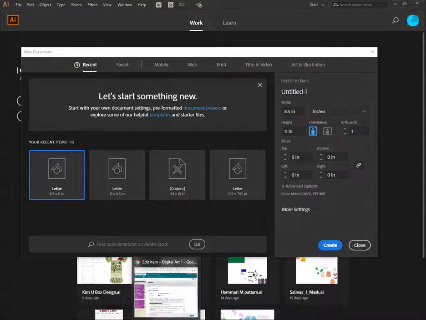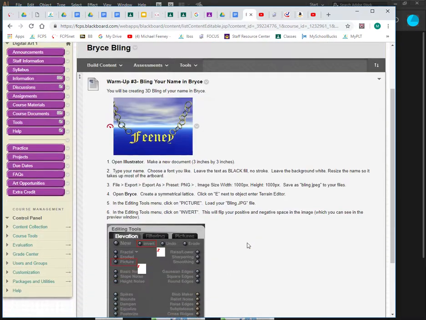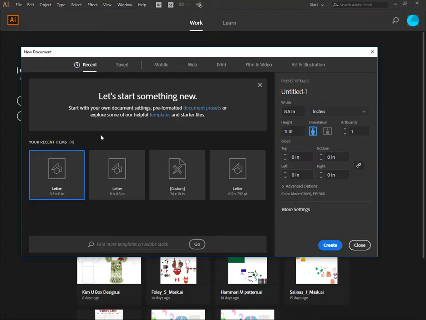Alright, the next one we're going to be doing is the Bryce Bling. I've just been changing the directions a little bit. We are going to now go into Illustrator to start off with. The whole point of this is that we're going to take something from Illustrator and bring it into